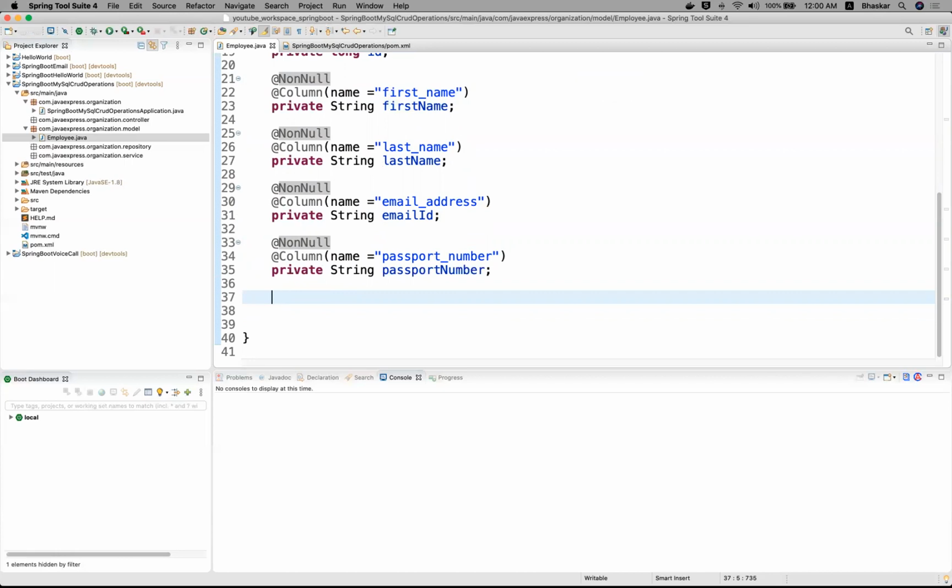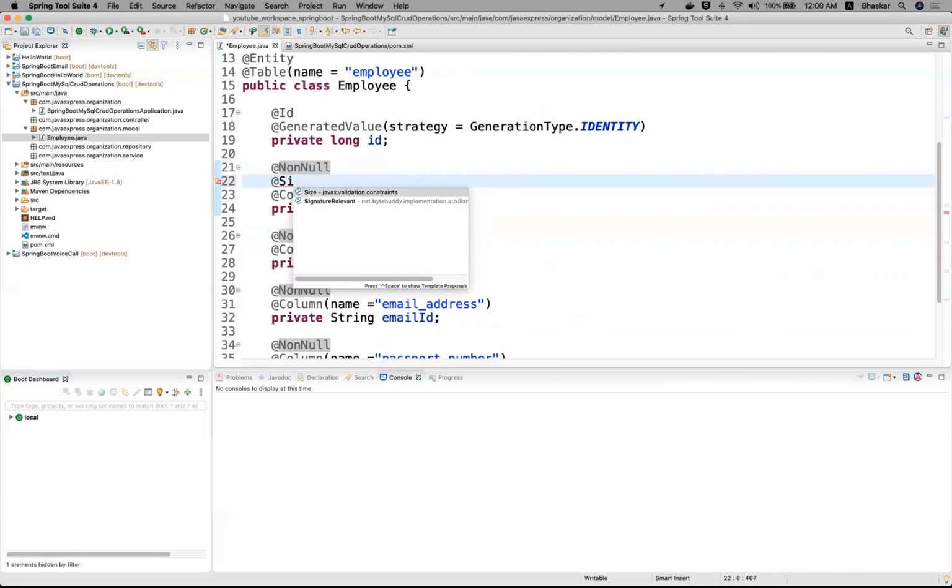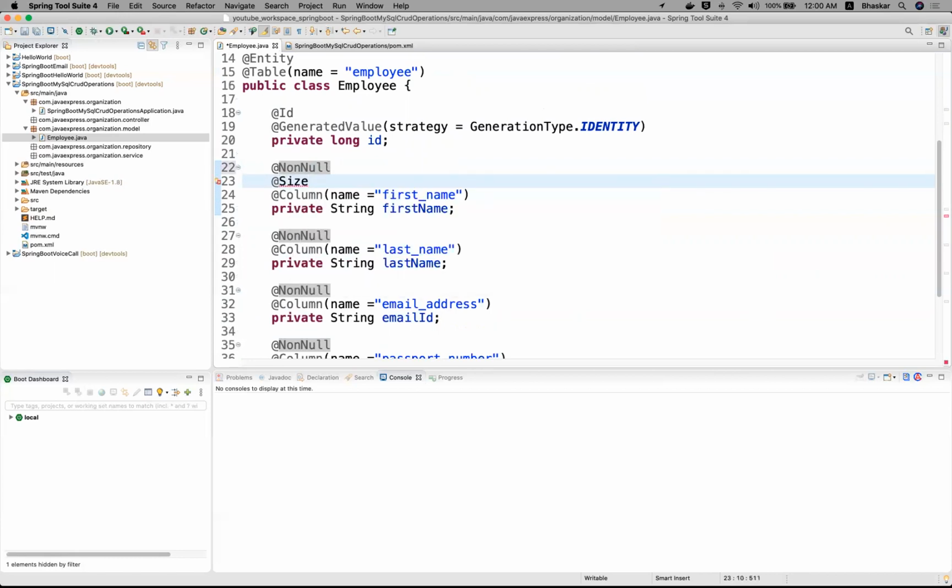We can still apply more things. Assume that yours is first name. I want a minimum of 2 characters required, it should have at least 2 characters. Now try to see how I can provide it here. Here you can use at the rate size. One more JPA annotation, size, is available here.